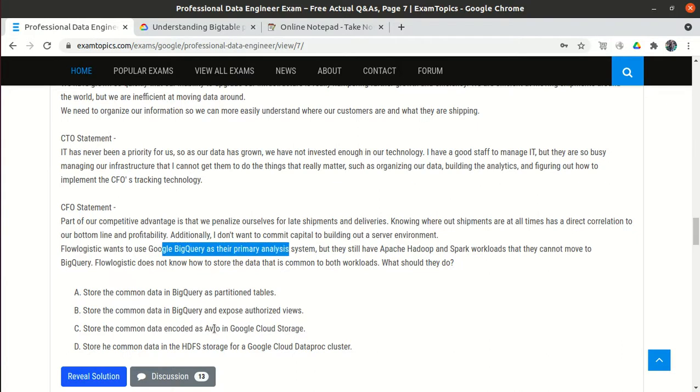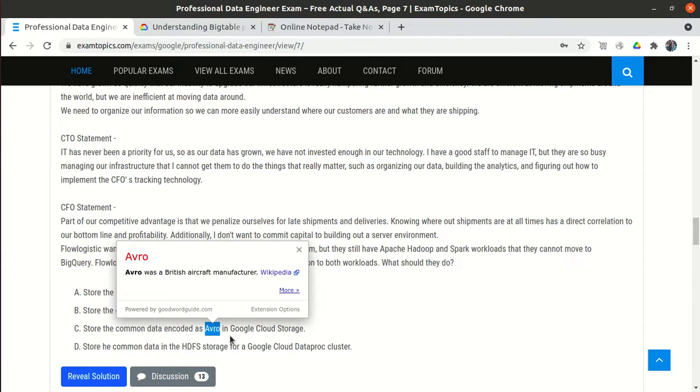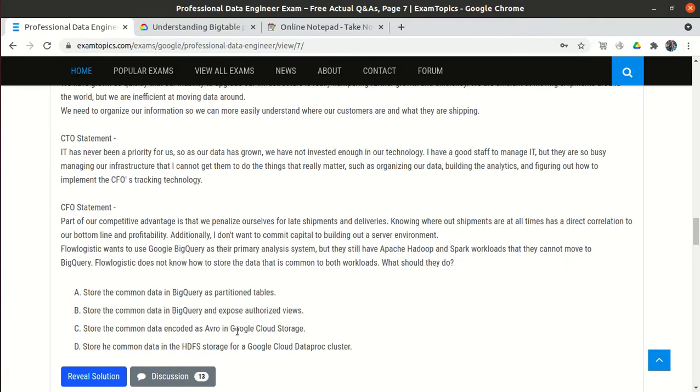Because here it is mentioned we need to use the AVRO format of the data. They told us that we will store the data in the AVRO format. AVRO is an open source format, and it is suitable for Cloud Storage as well as for BigQuery.